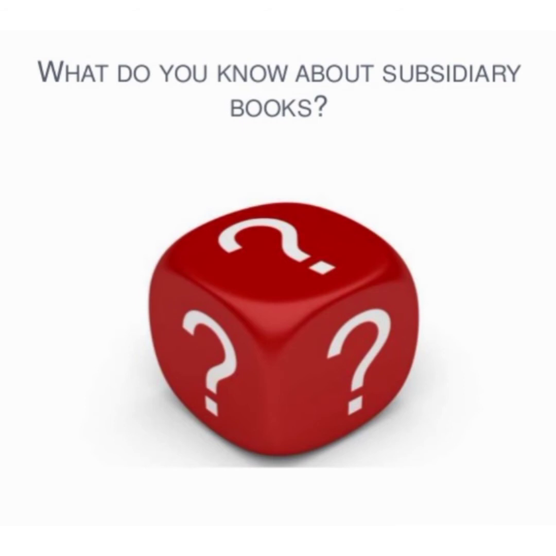What do you know about subsidiary books? In the last lesson, you learned that all the business transactions are first recorded in the journal and then they are posted in the ledger accounts. A small business may be able to record all its transactions in one book only, that is, the journal. But as the business expands and the number of transactions becomes large, it may become very difficult to journalize each transaction. For quick, efficient and accurate recording of transactions, the journal is subdivided into special journals.